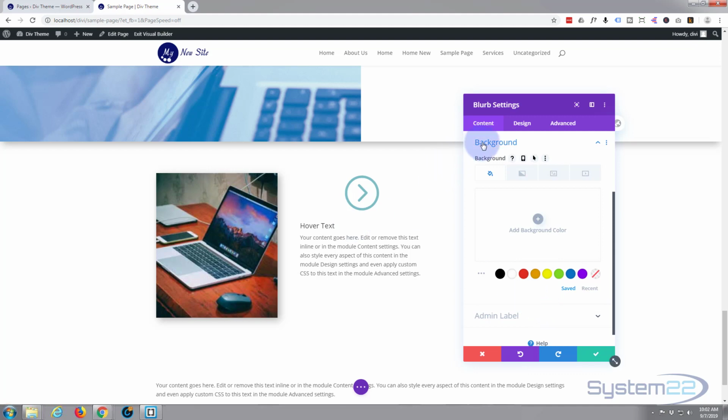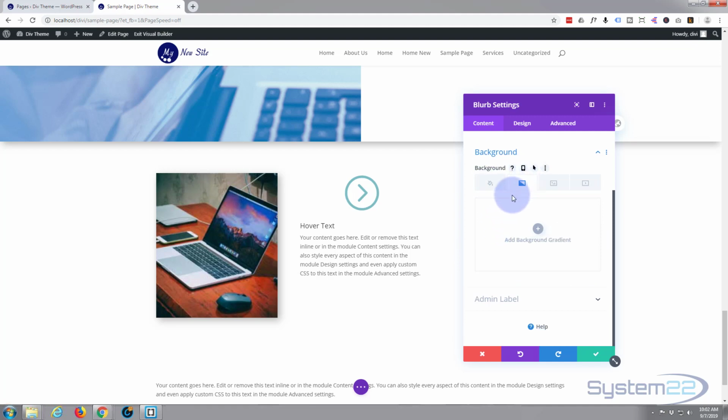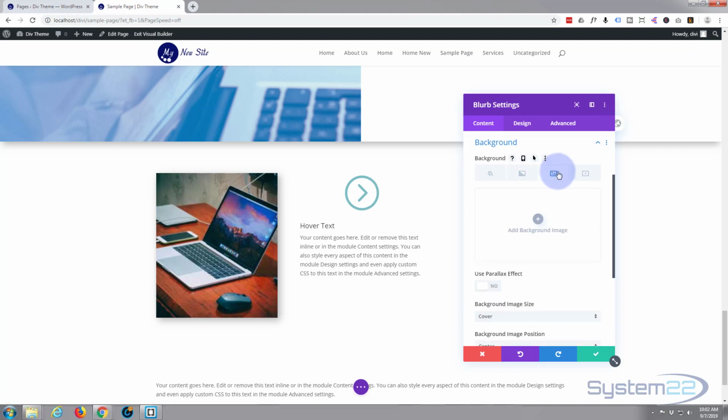So on background, when you open it up, you'll see this. First one is if you want to put a background color in, second one's for a gradient, third one is for an image, and fourth one is if you want to use a video. I'm going to use an image, but before I actually put it in there,